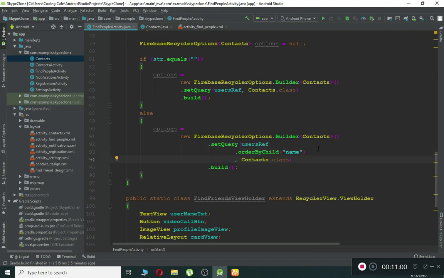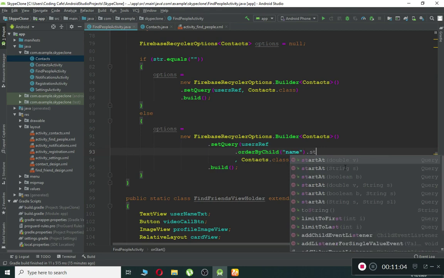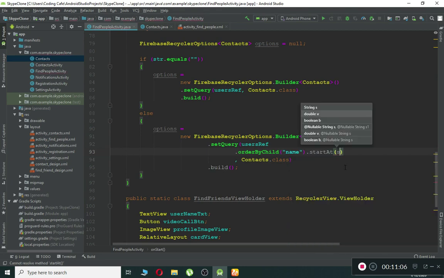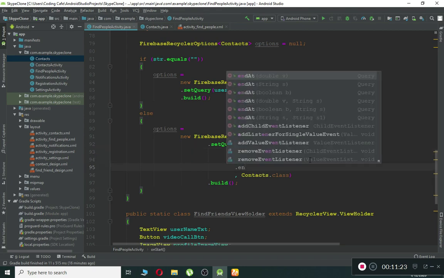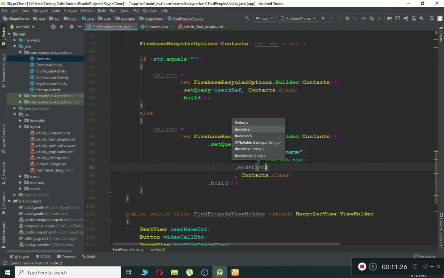just break this in parts so that we can understand. Dot order by child name dot start at, pass the str, which is the string which a user will type. Okay, let's say it contains John, or let's say it contains the name Muhammad Ali, and any name which a user will type. Okay, the start at, and then we can say dot end at, and then pass str to it and concatenate